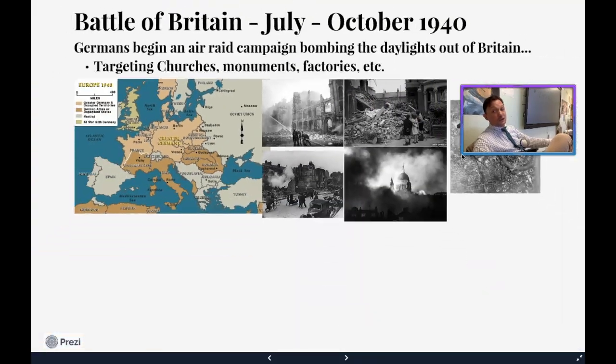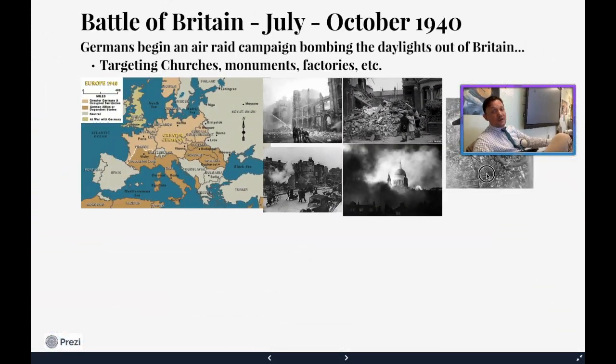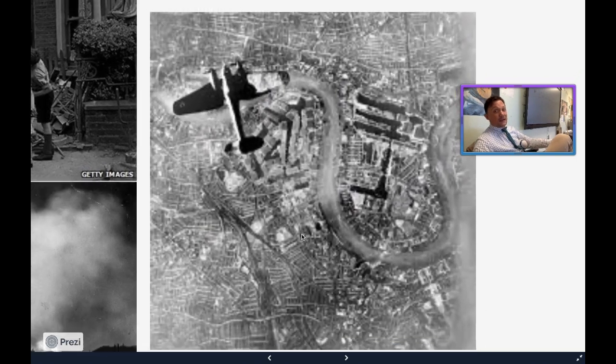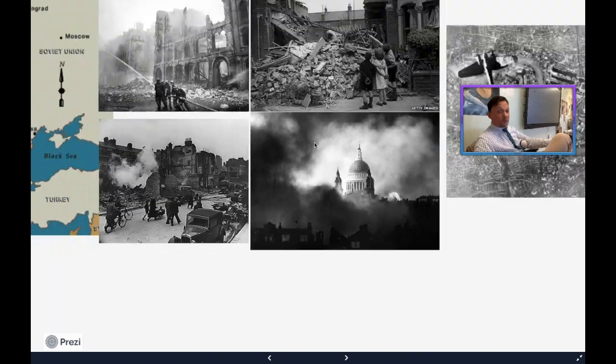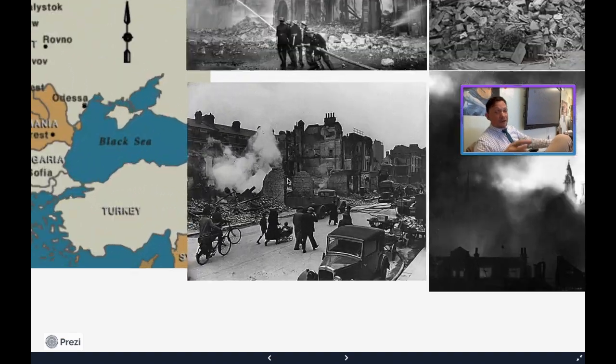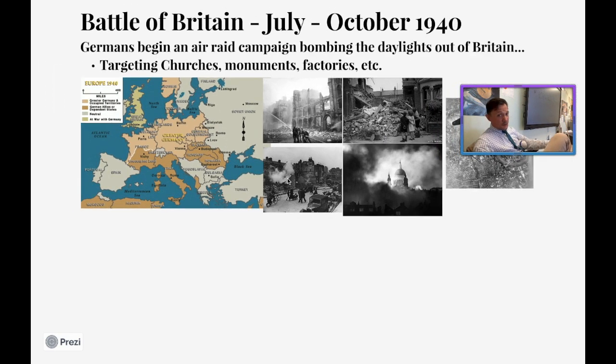And we have pictures right here of the Battle of Great Britain. That right there is a school building that was knocked out. This right here is an aerial view of Nazi planes flying over London. That right there is the Old Bailey, which is the old judicial hall in Great Britain. And this right here, of course, is just a normal British street that has been bombed out by the Germans, right? And they're trying to push them into surrender, okay?